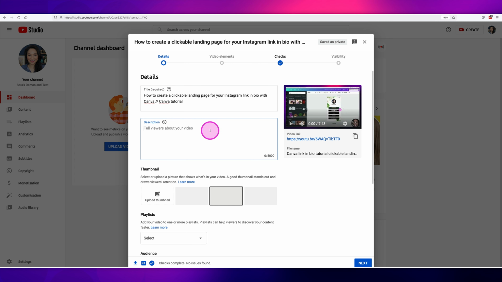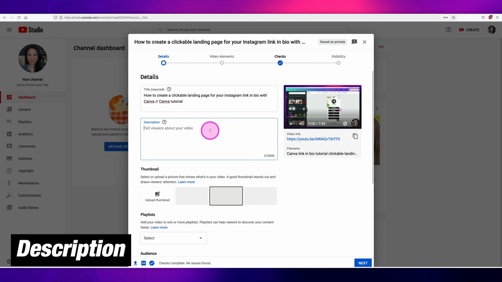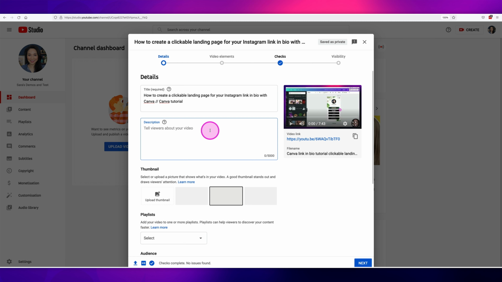Now the next part that we want to work on is the description. We're going to break this down because we want to use this space to communicate with our viewers and, once again, with the YouTube algorithm, to let both of these key stakeholders know what the video is about. It's not about stuffing keywords. It's about being quite strategic about this.